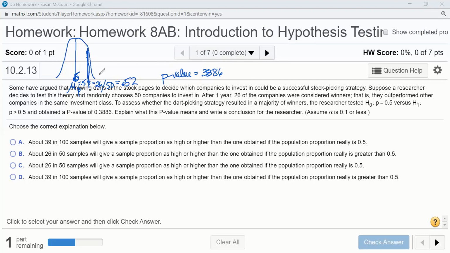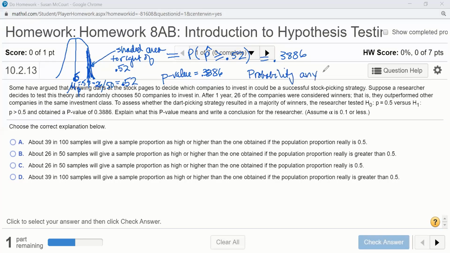So this is this shaded area here. This is the shaded area to the right of 0.52. And that's the same thing as the probability that we'd get a p-hat as big or bigger than 0.52. And that was equal to 0.3886. So this is the probability